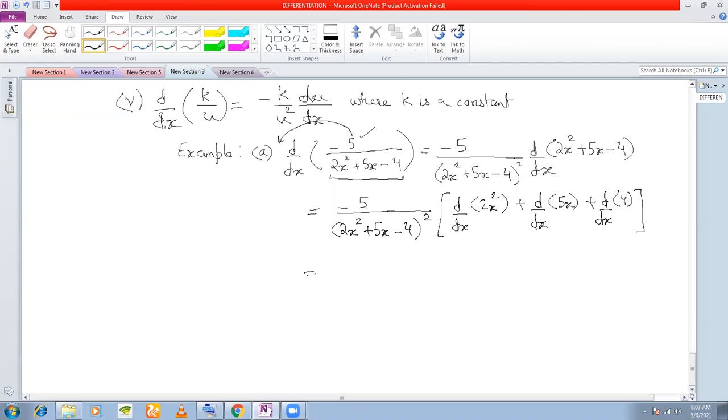So this is minus 5 by (2x² plus 5x minus 4) whole square,